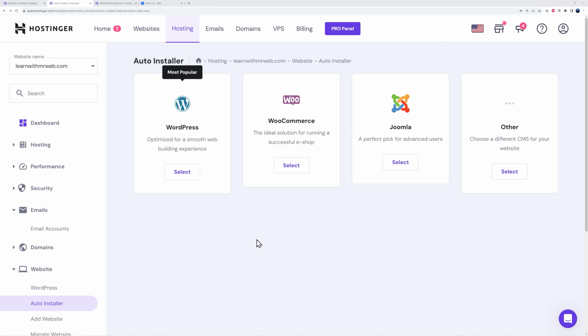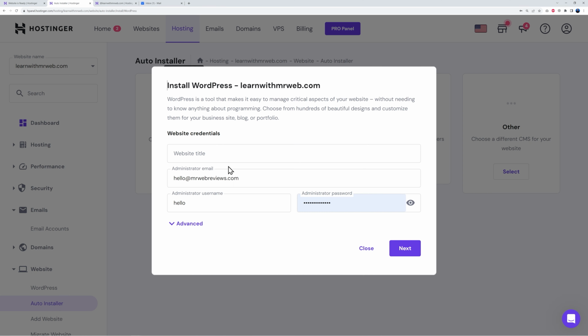And for this type of project, we need WordPress, but also WooCommerce. So the one we're going to select here is this one because we're going to build an e-commerce platform. Okay. We need WooCommerce installed as part of our main plugins. So we're going to click on this, select. So first, let's enter the website title. So maybe Learn with Mr. Web. Make sure the admin email is